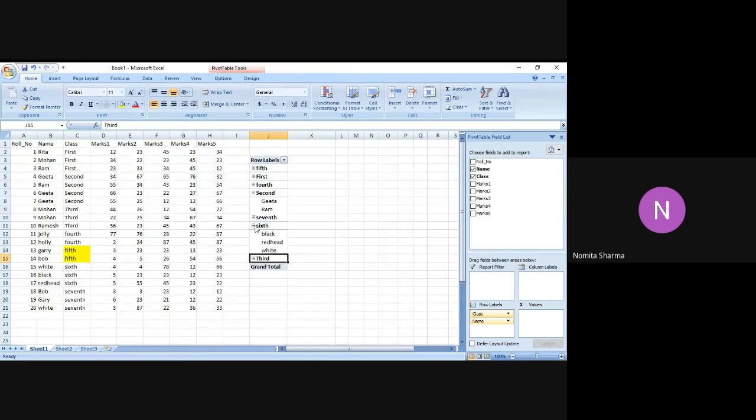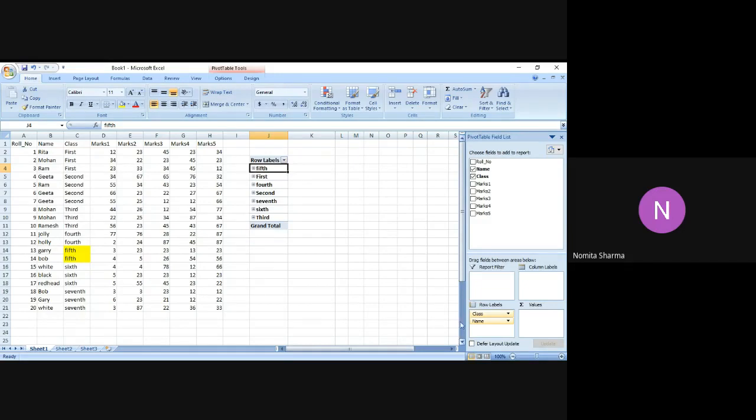So I can simply compact my table, but only when there is a need to show the detail of the students in the first or the other class, I can show details by clicking on the plus sign. The plus sign means I want to expand. So if I click on the plus sign, you will see the students in the 5th class will appear over here, and the plus sign has become a minus sign. If I click on the minus sign, it will go back to the original form, right? So this was in the row label.